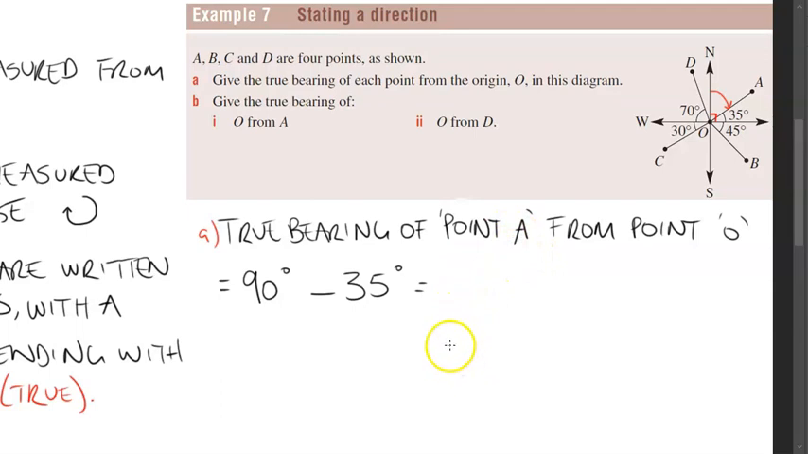Now we just have to remember that a third fact we have to consider is that it is written as 3 digits. So we've got to remember 0 in the front, degree symbol, and then the letter T, to indicate that it's a true bearing, or to indicate that we've measured from true north. So true bearing of point A from point O is just 90 take away 35, which is 055 degrees true bearing. To get point B,